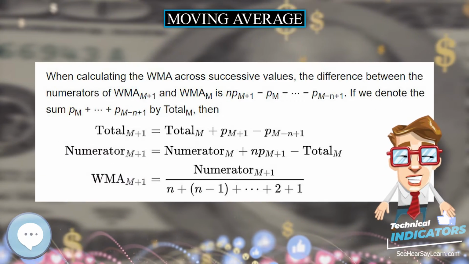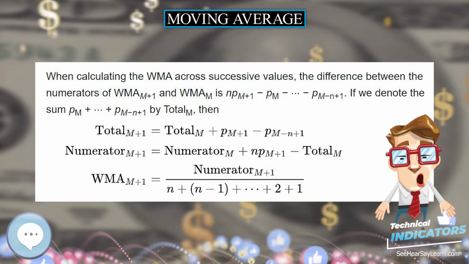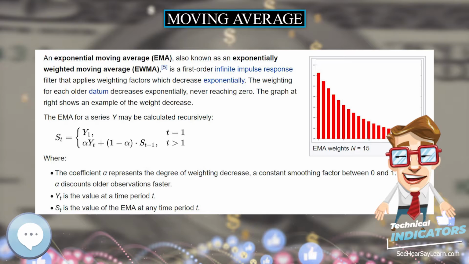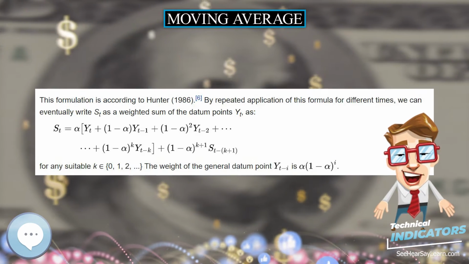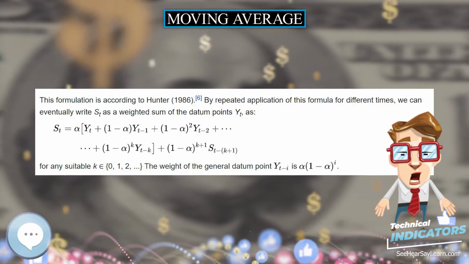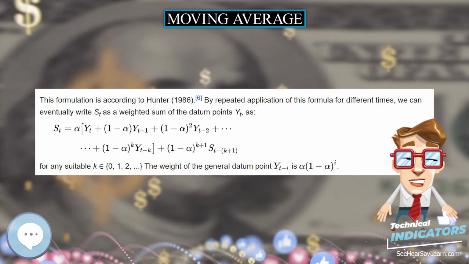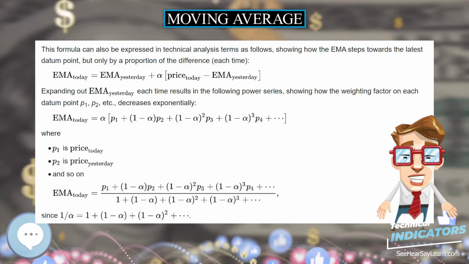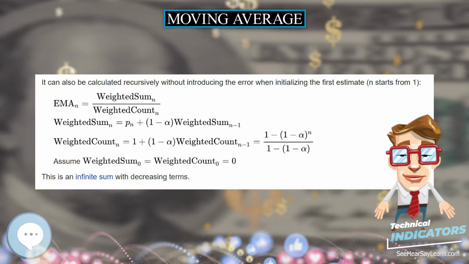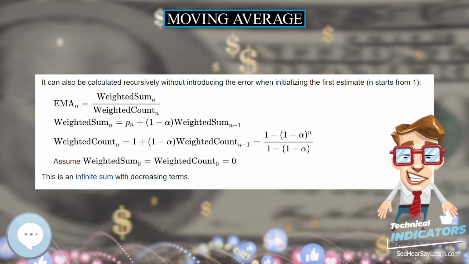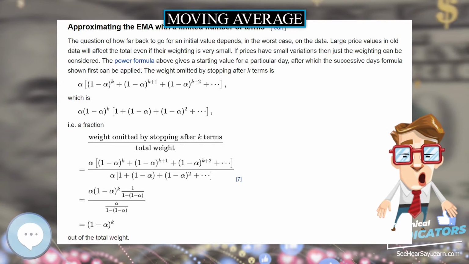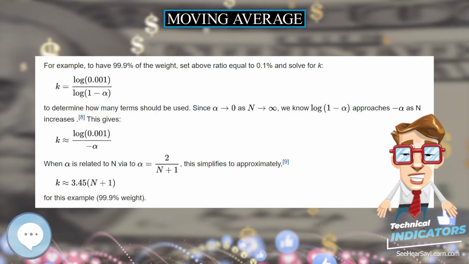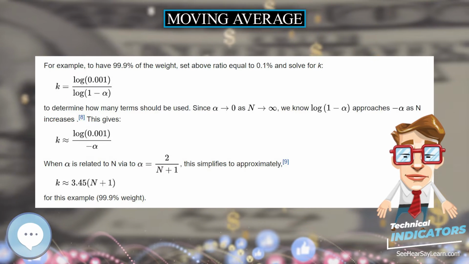It is also possible to store a running total of the datum points as well as the number of points, and divide the total by the number of datum points to get the CMA each time a new datum point arrives. The derivation of the cumulative average formula is straightforward. Using this and similarly for n plus 1, it is seen that solving this equation for CMA_{n+1} results in the formula. Weighted moving average.